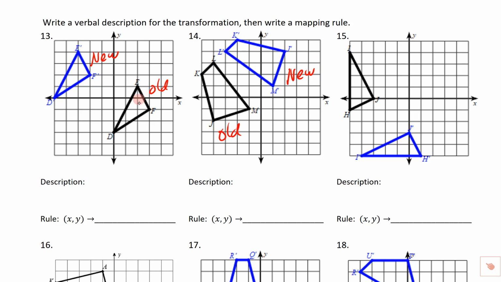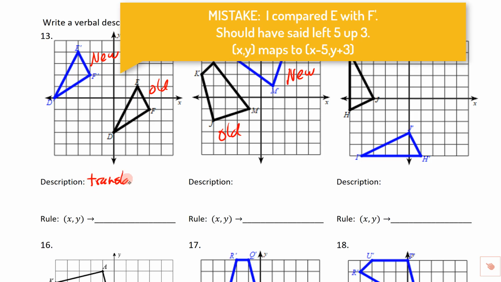So on this one, you'll notice that all we did is we took this kind of like on a placemat and slid it over here. So that means we went left 1, 2, 3, 4, and then up 1. So translation, and we're going to go left 4, up 1. And the rule for that would be go left, we got to go minus 4, and then y plus 1,